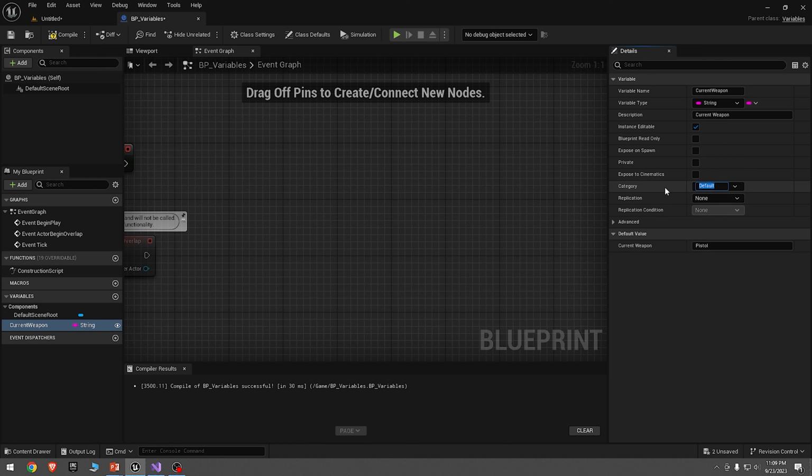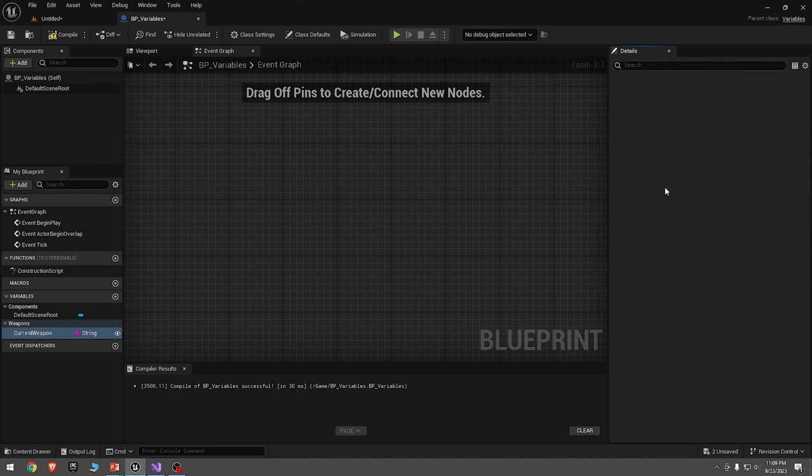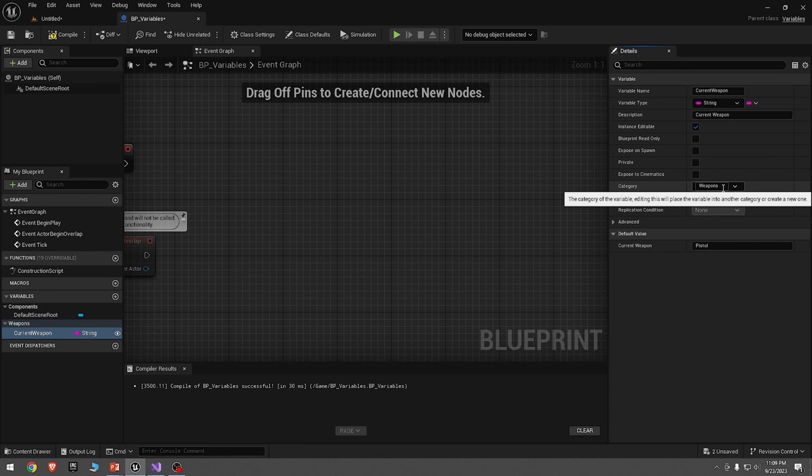We always have one default category called default. If I want this variable to be in a category called weapons, I can just type the new category name and it will create a new category and assign this variable into that category. If I click on this drop down button, as you can see, we now have two categories, default and weapons. Now next